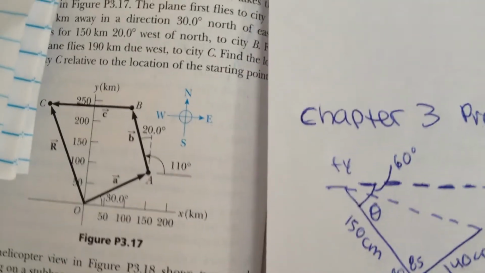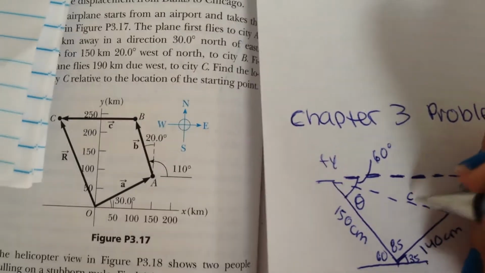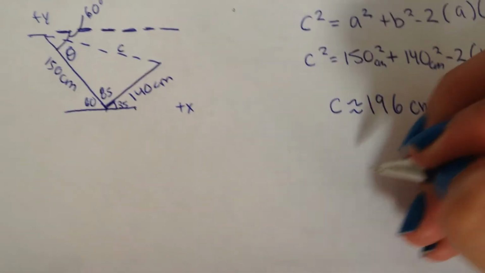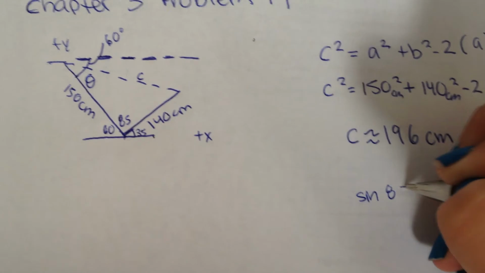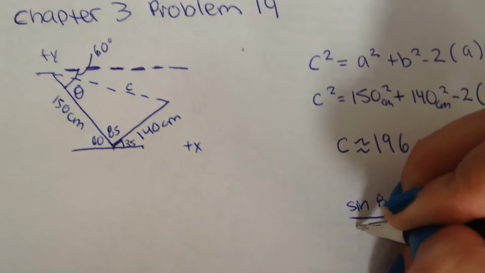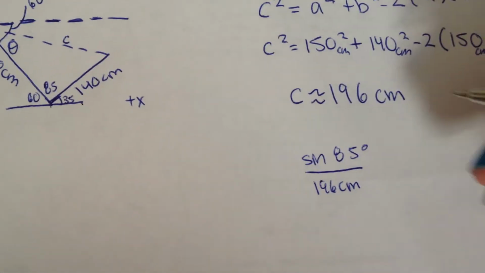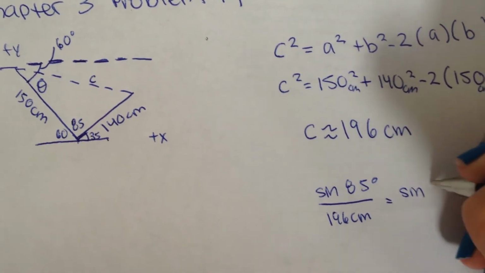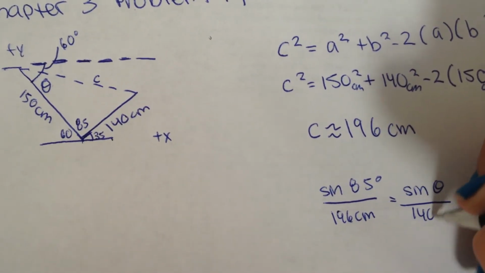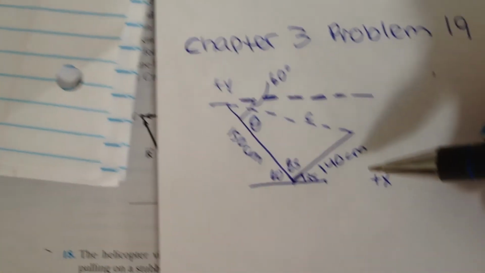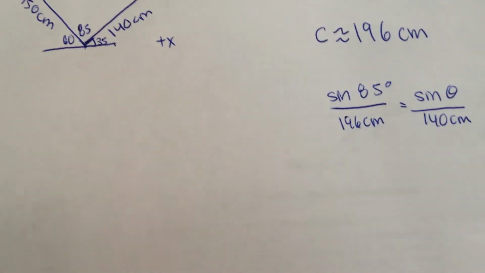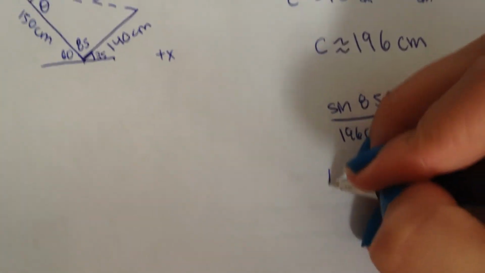And then that gives you this whole side, and you're trying to find theta, so you do sine of 85 degrees over 196 centimeters, because that's the side you just found, and then sine of theta over 140 centimeters, because that's the side across from theta. And that gives you